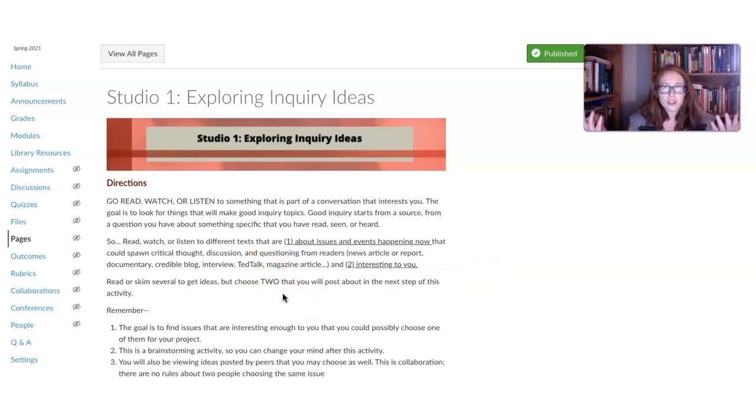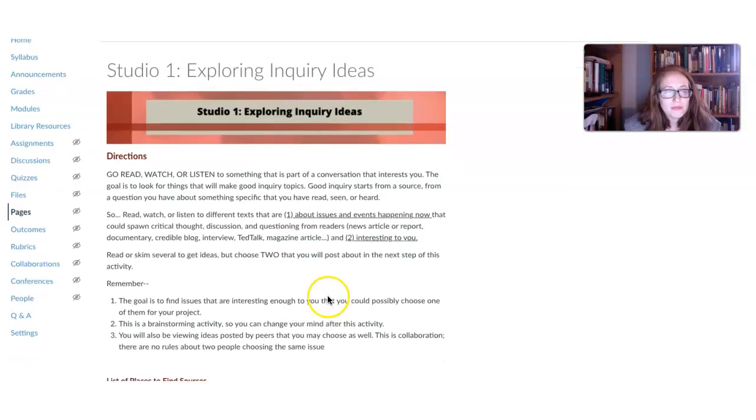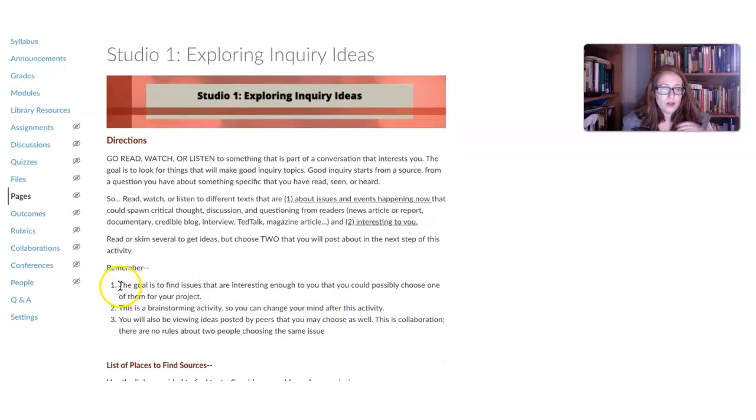It's like, this is an interesting issue. This happened recently. Have you heard about this? So again, the goal is to find issues that are interesting enough to you that you could possibly choose one of them for your project. You can change your mind after this activity, and you're also going to see what other people